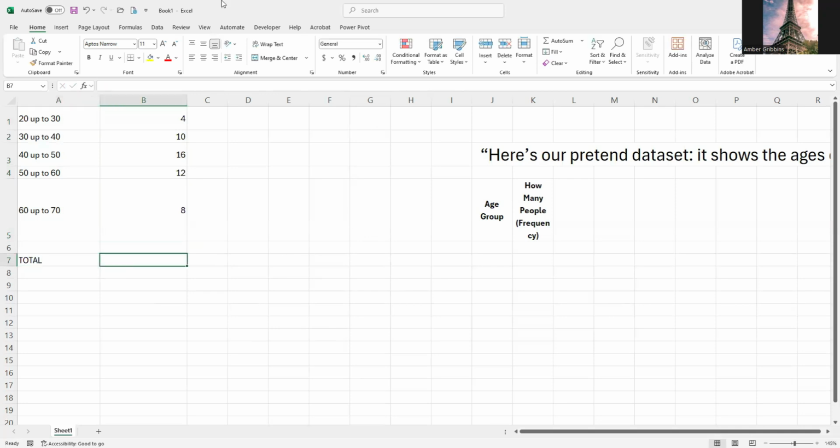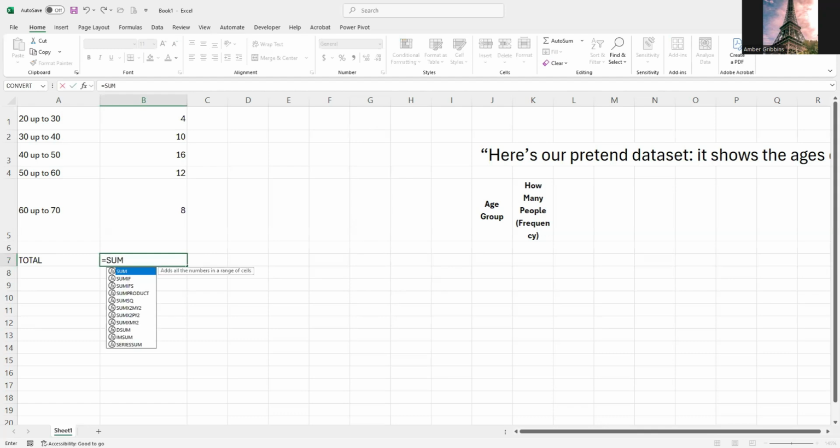And then we're going to add these up. All right, why are we adding them up? That's going to be our denominator. All right. So we're going to go ahead, and our denominator being how much we divide by. I'm going to hit the equals button. I'm going to hit the word sum.